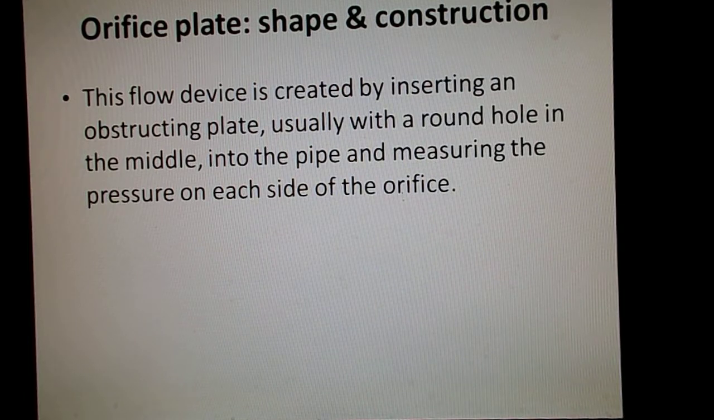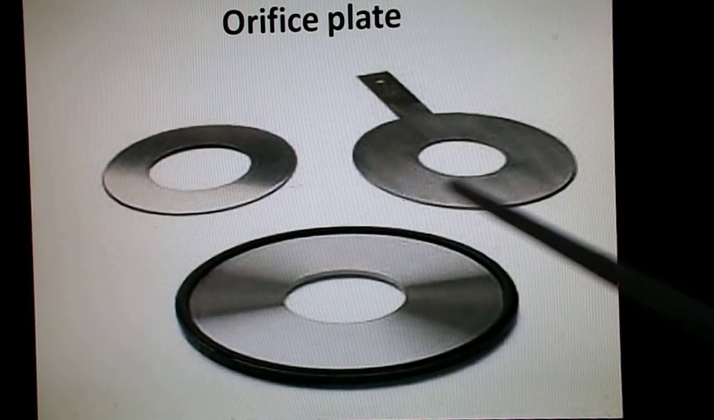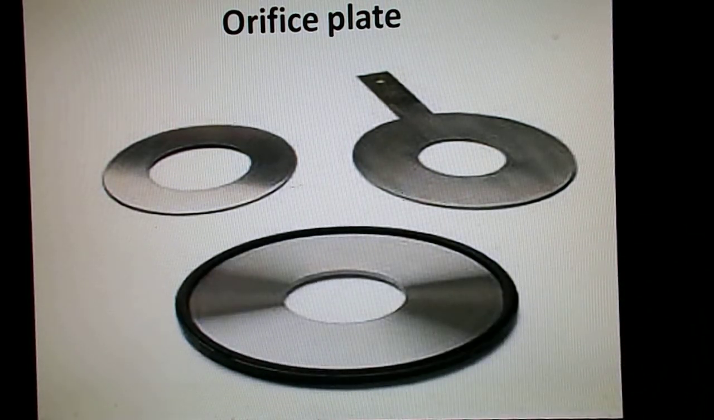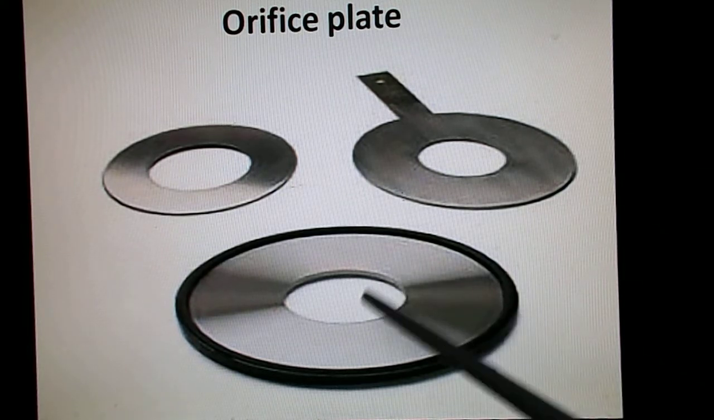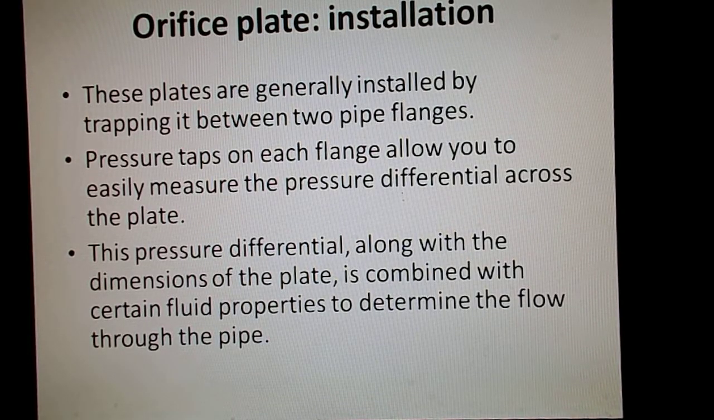So in case of orifice plate, the obstruction is of this shape. It is a circular stainless steel plate in which there is a hole. So the diameter of the plate is matching with the pipeline diameter, and this plate is put in the pipeline by putting the pipe flanges,